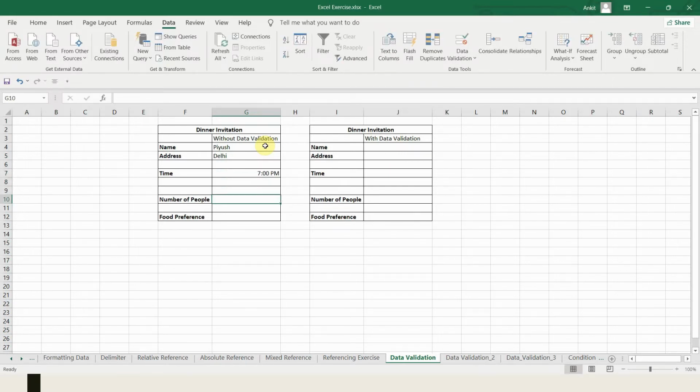The number of people coming along with you can be 1 in some cases, 2 in some cases, 3 people in some cases, and then the food preference. Some will write continental, some will write vegetarian, veg, some will write non-veg, or some will write vegan.